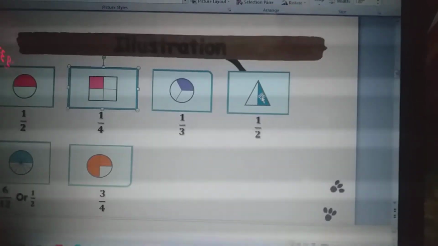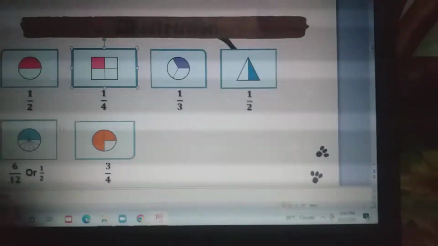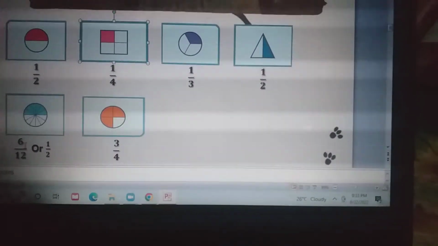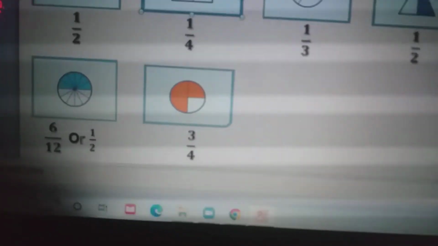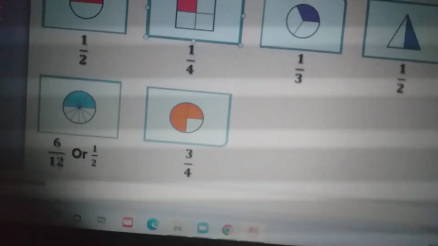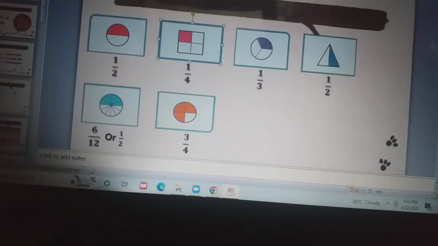Then, the number 4, it's a triangle. It's divided into 2 equal parts. Then, one part is being shaded. So, 1/2. Then, the next one, you have 6/12 or equivalent to 1/2. Why equal to 1/2? Because half of 12 is 6. Okay? Kalahati po ng 12 ay 6. Or the lowest term of 6/12 will become 1/2. Okay? Then next, we will proceed to